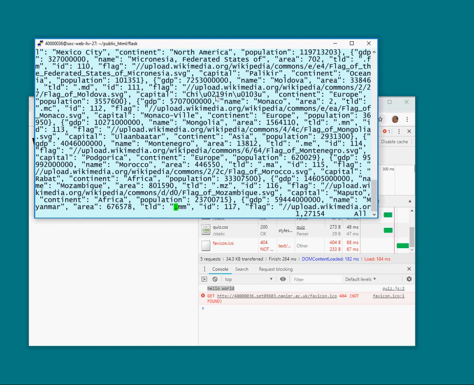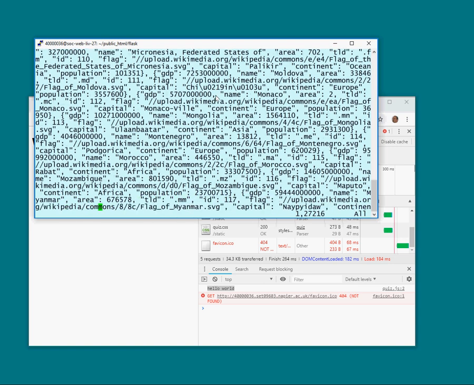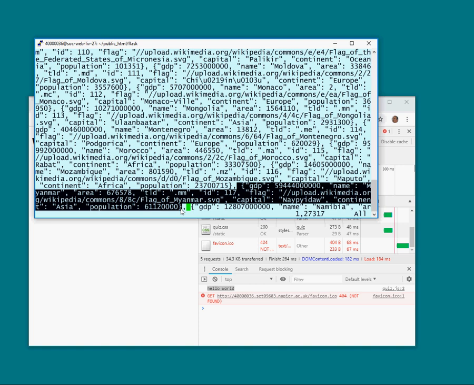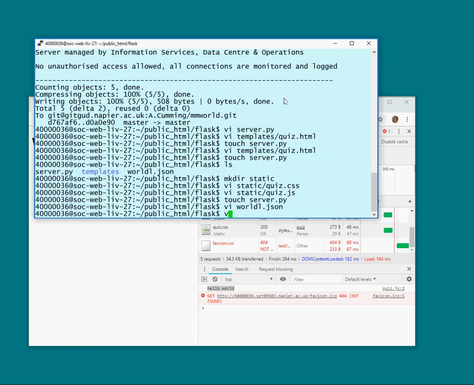Okay, here's Myanmar. Can we see that? All the details of Myanmar. Excellent. So Myanmar starts here and ends there. Just selecting it, I'm using PuTTY, so selecting that has copied the text. So if I quit that and I open static